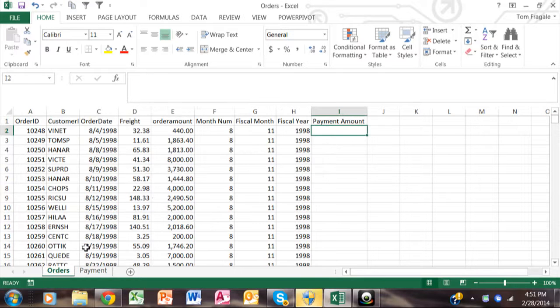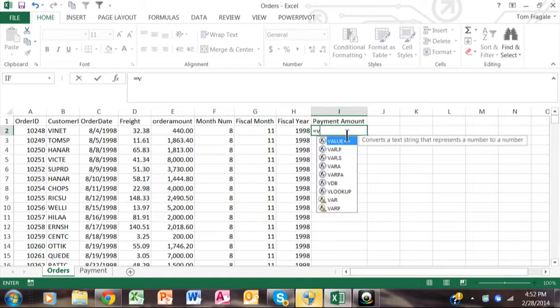So we want to see if a payment amount has come back, and if it didn't, then we want to know which ones did not come back. So we're going to use something that's called a VLOOKUP. So in this cell, I'm going to type in equals VLOOKUP